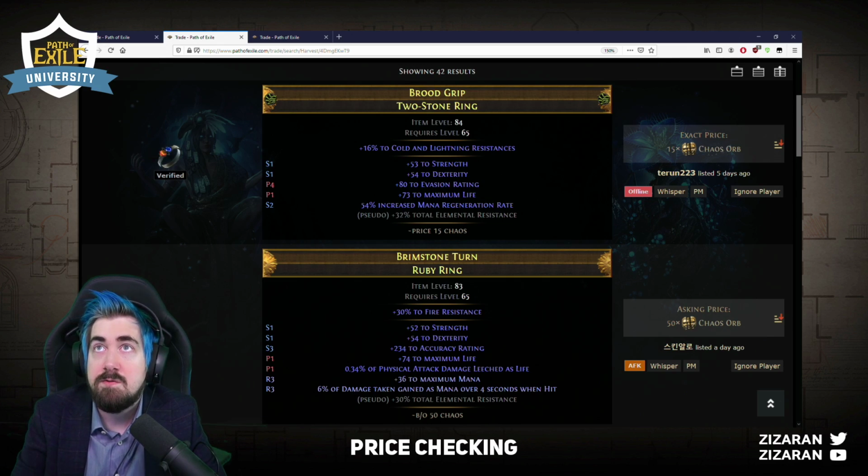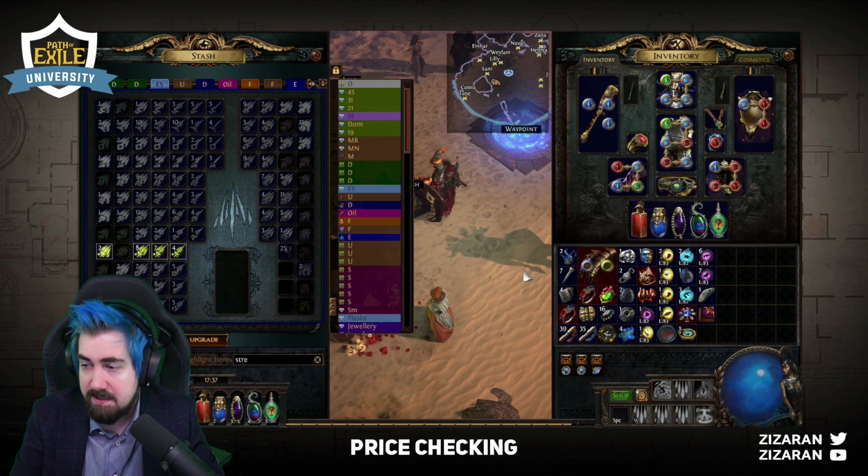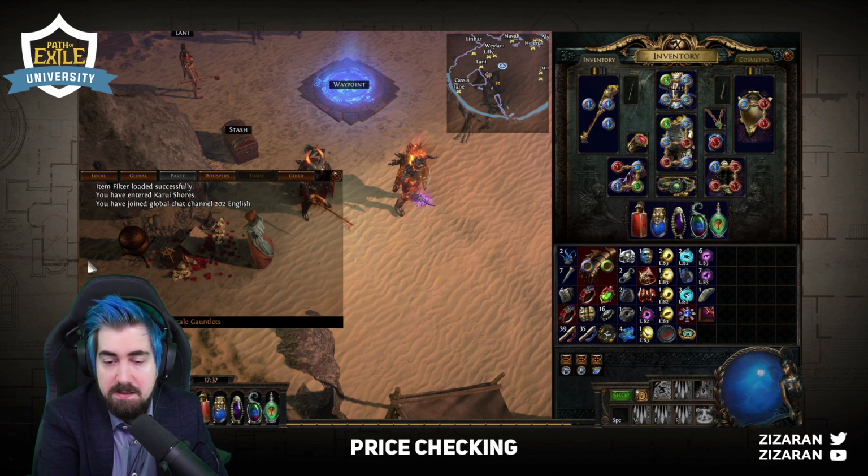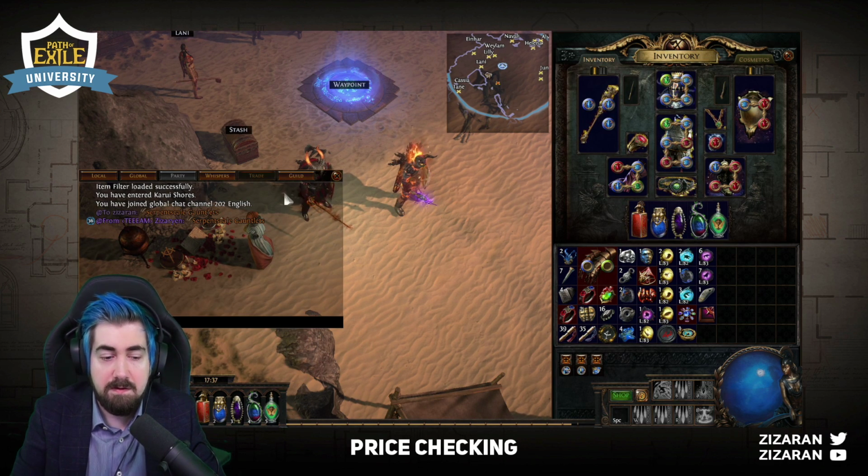How do we link items when receiving offers? Control Alt click, and then you could change like at Zizaran. Yeah,